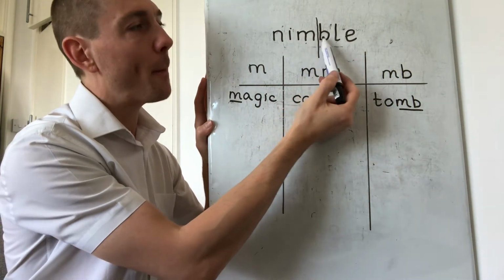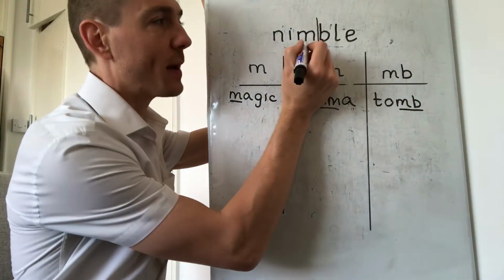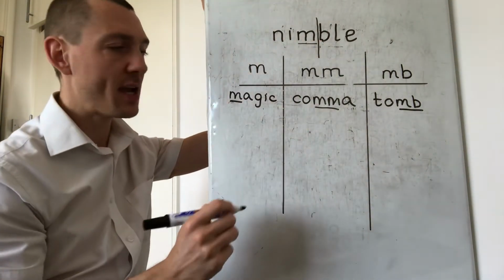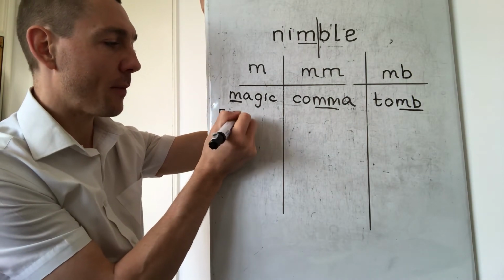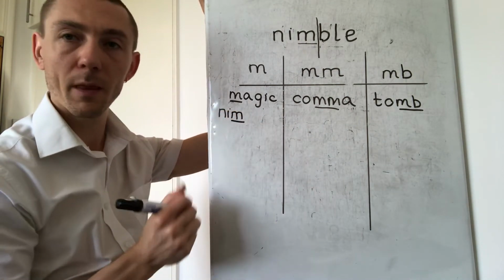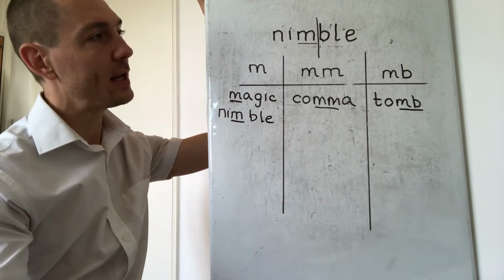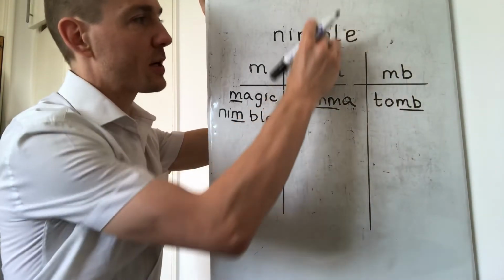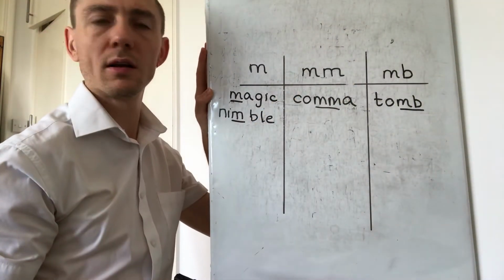Nim, bull, nimble. So actually, the spelling that we want is just here. It's just the M spelling. Nim, bull, nimble. Okay, so we're going to try that one again with the word